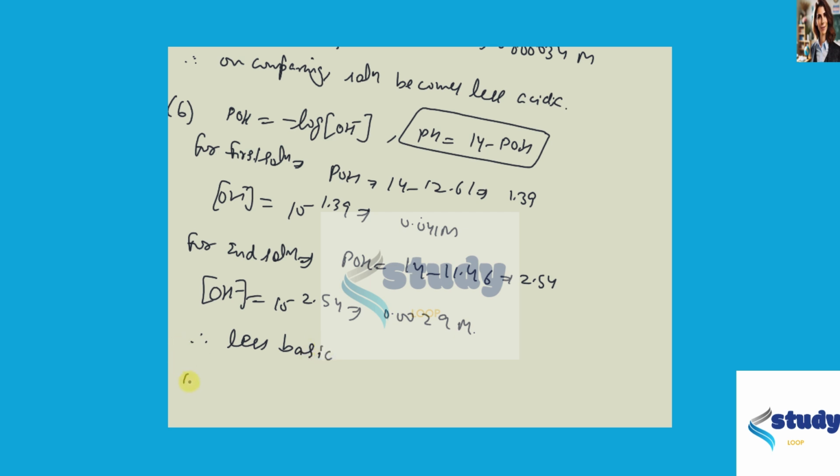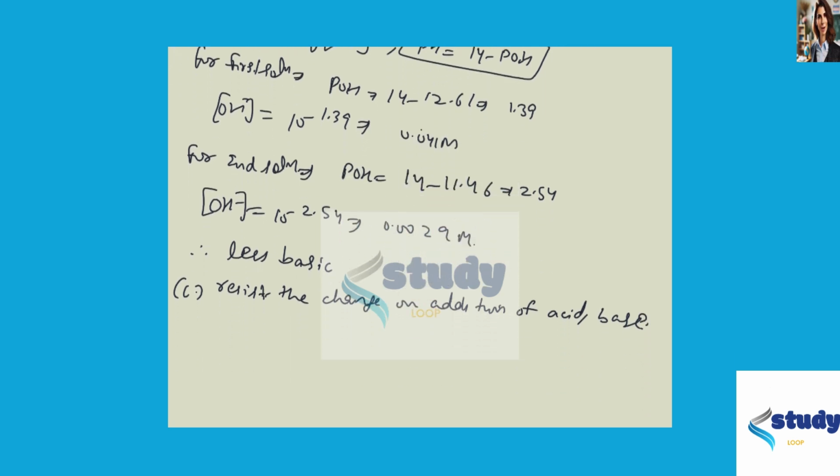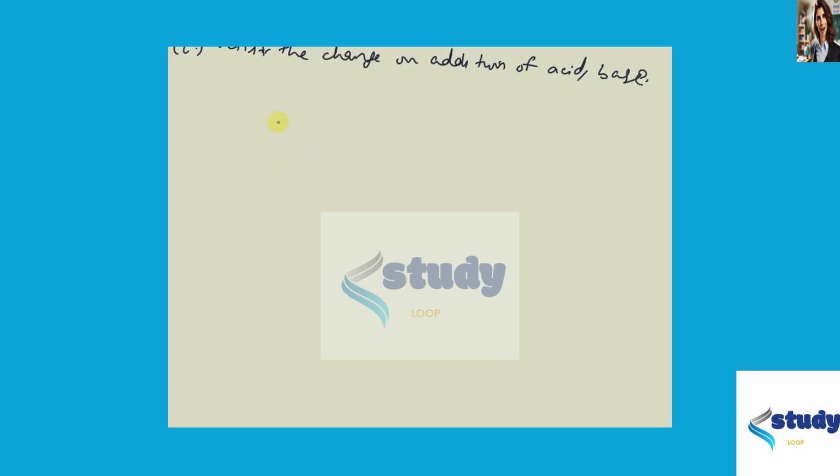Then in the part C, the unique ability of the buffer is to resist the change in the pH when a small amount of acid or base is added. To resist the change on addition of acid and base, this is because a small amount of acid and conjugate base are present in the solution. That's why it will resist the change in the pH on addition of acid and bases